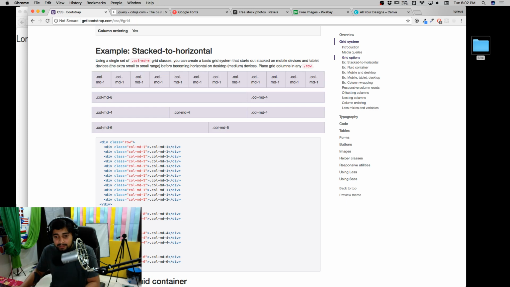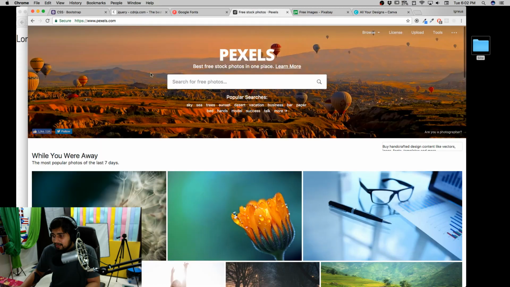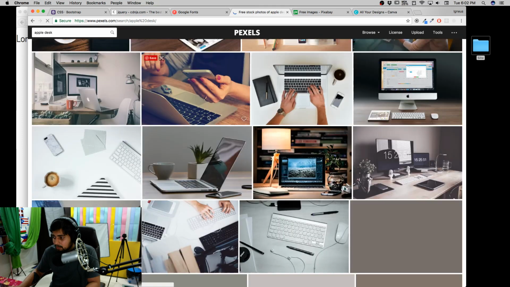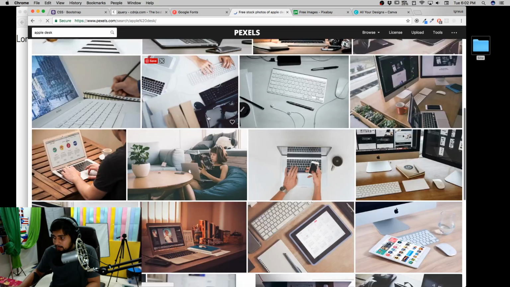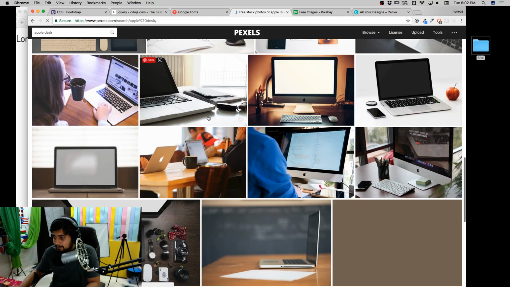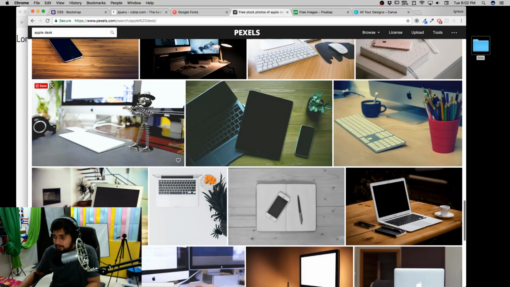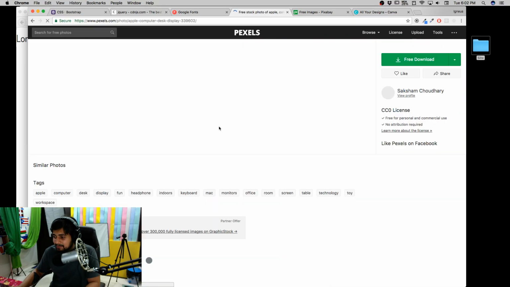Okay, choose your desk photo featured in there. Yeah, my desk photo got featured there. We'll use that, okay? That would be nice. And let's just see if we can search for Apple desk. And I think my photo should be there somewhere. Let me just see if we can find out my desk there. It's tough. There are a lot of desks there. Okay. There we go. This is my desk.